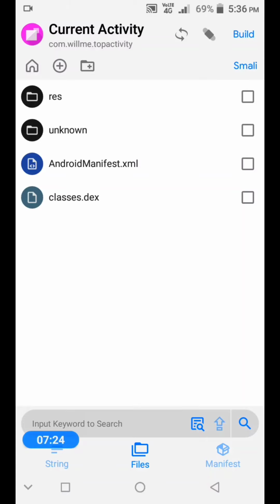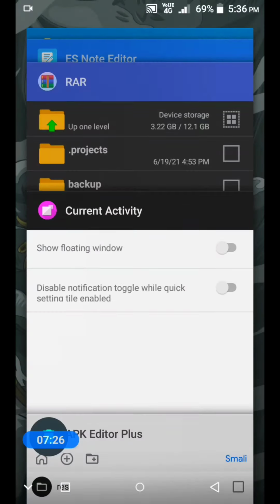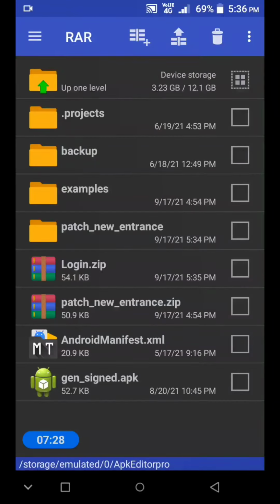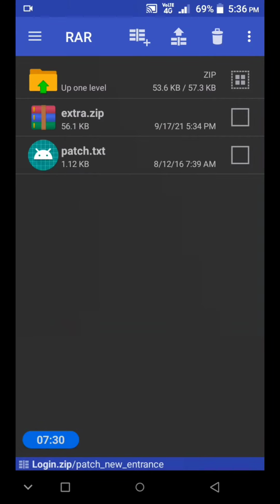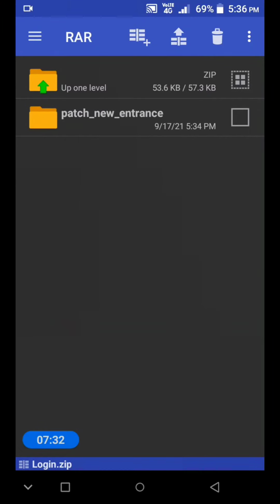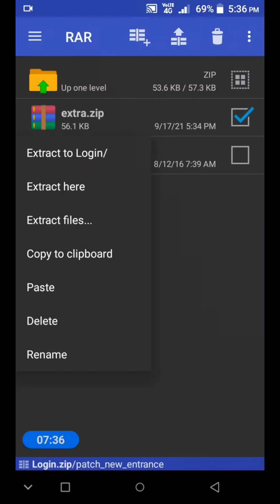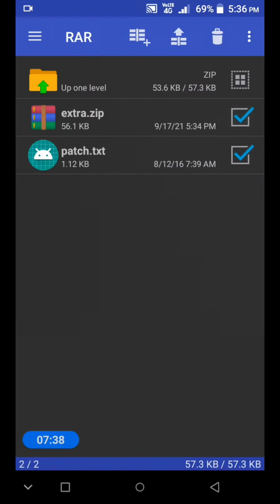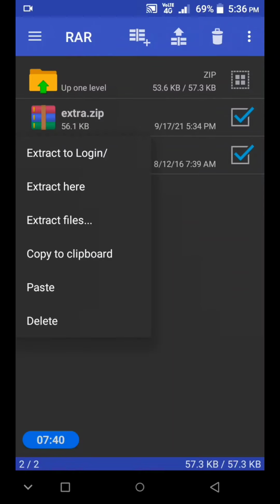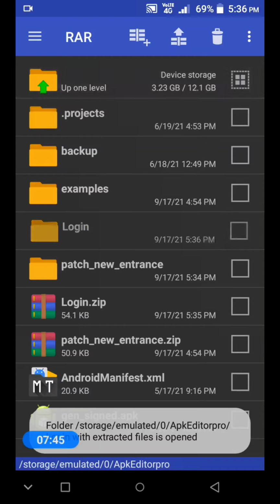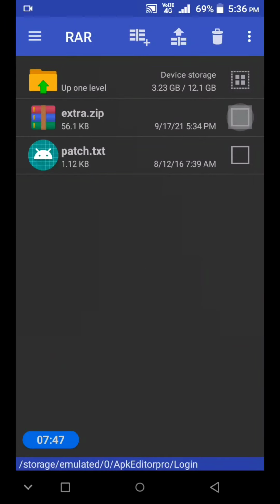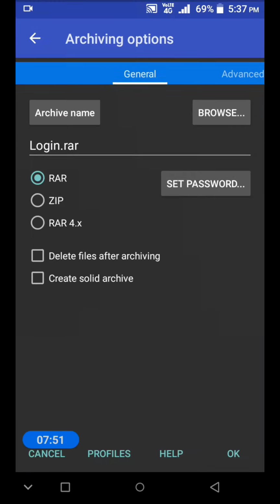It's saying the patch text is not present. So let's check once again. Sorry, it has created the folders. So now let's select both and add to zip.